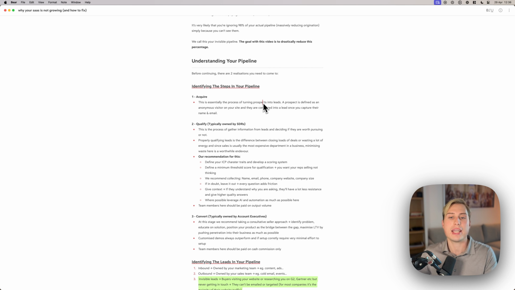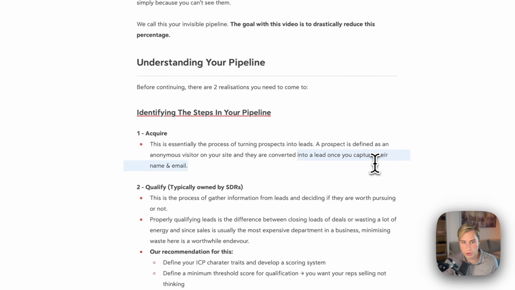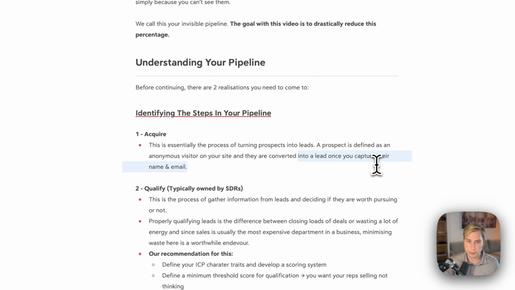Then when they are a lead, they can be separated into unqualified leads and qualified leads, right? But that is a lead. The difference between a prospect and a lead is essentially capturing their name, email and qualifying criteria. Okay, so essentially this part of the funnel is how do we get qualifying criteria and how do we get those names and emails. And that's the main thing that we're going to touch on here,